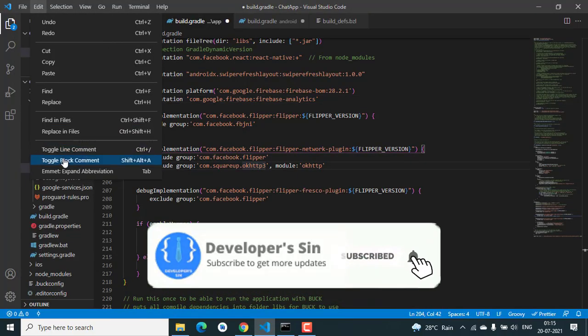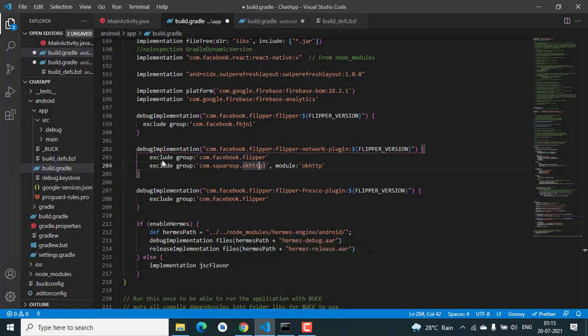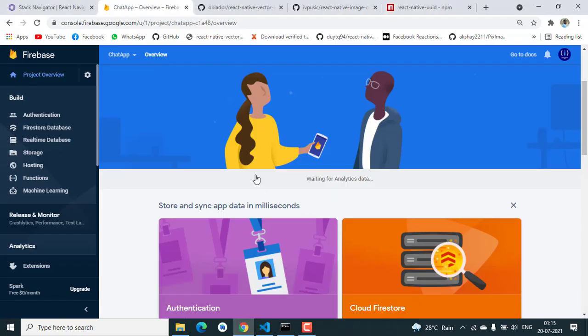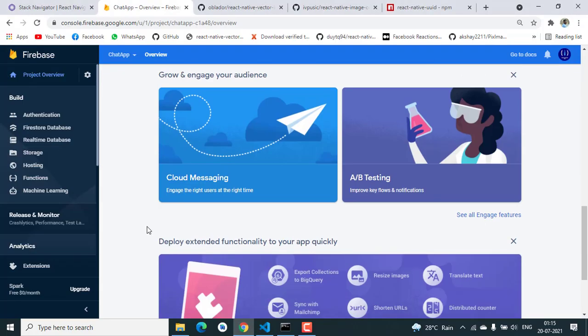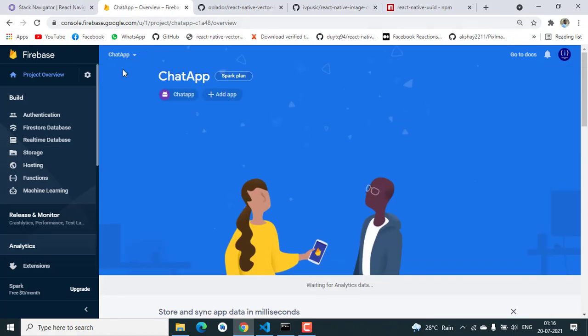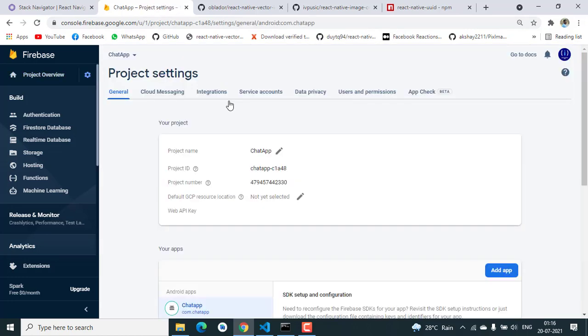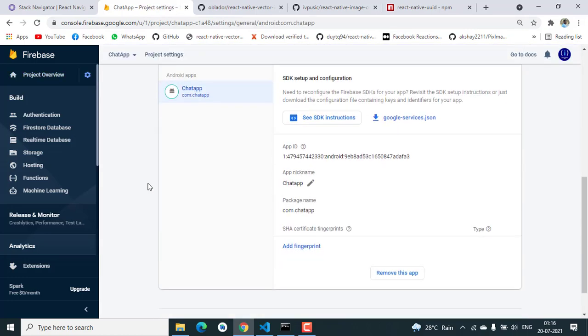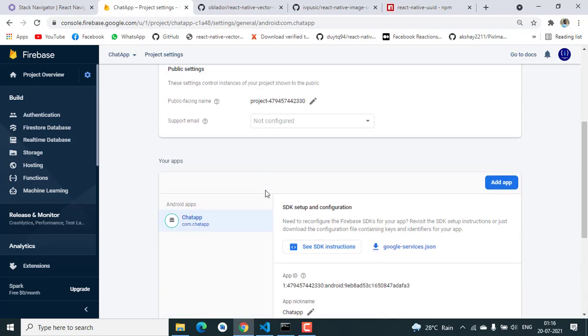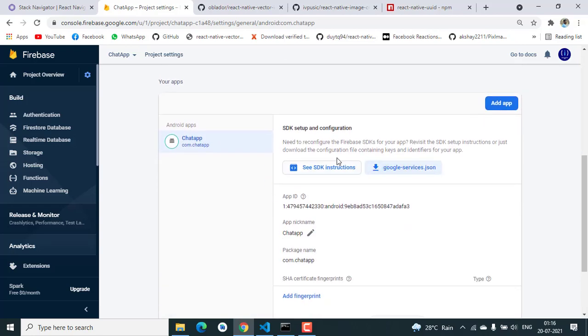So our project is created, and I guess we are also done adding our project to Firebase. It's added to Firebase. This is how we need to add our project to Firebase. And after enabling the database and everything and Firebase storage, then